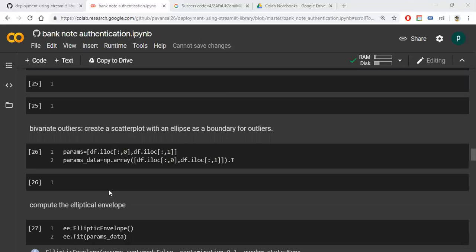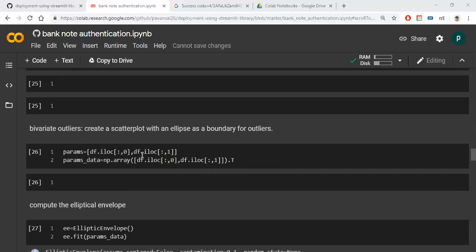So I am doing outlier analysis with the elliptical envelope algorithm. I am doing a bivariate outlier analysis. What is bivariate outlier? In the name itself, bivariate means we are taking two variables. What are the two variables? Normally x and y. If you identify outliers in only one variable, then it is called univariate outlier analysis. Here I am doing x and y, so I take a bivariate outlier analysis.